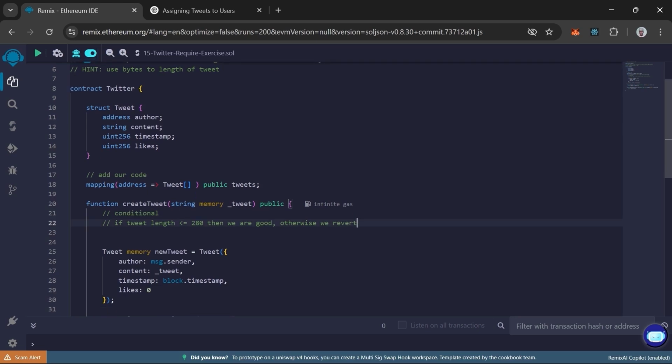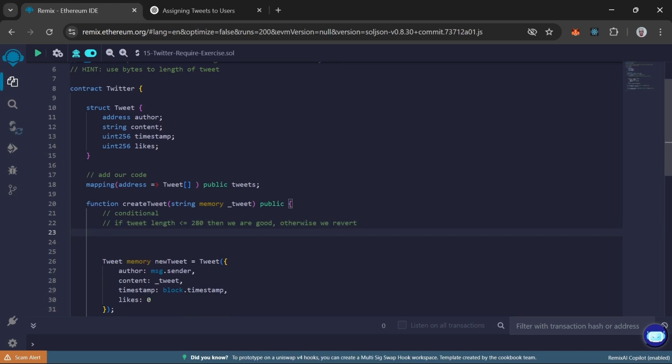It says if tweet length is less than or equal to 280, then we are good, otherwise we revert. So we can use the require keyword to say perfect. So you can see here the auto suggestion that this Copilot AI is suggesting for us, which we just